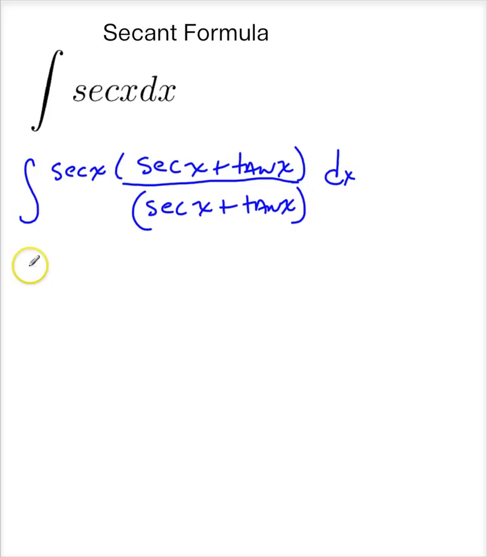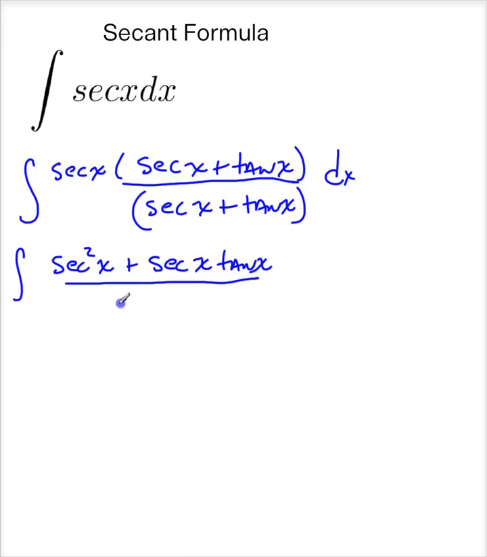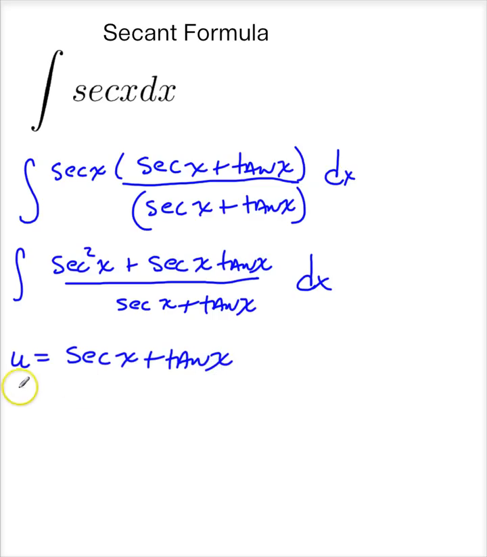Now let me distribute this across. This is the integral of secant squared x plus secant tangent, all divided by secant of x plus tangent of x dx. Now, at this point in time, I can let u equal secant of x plus tangent of x, and then